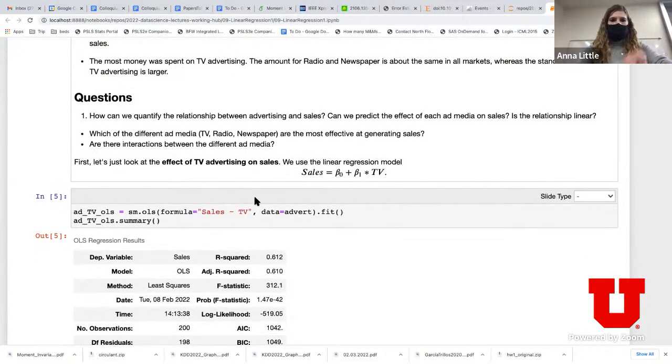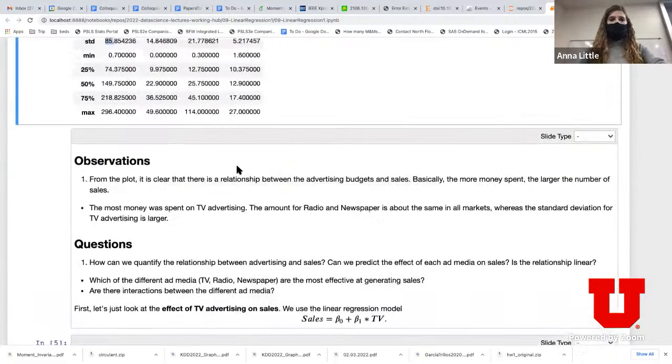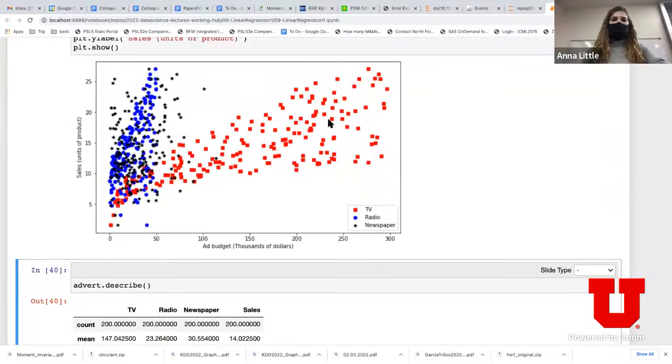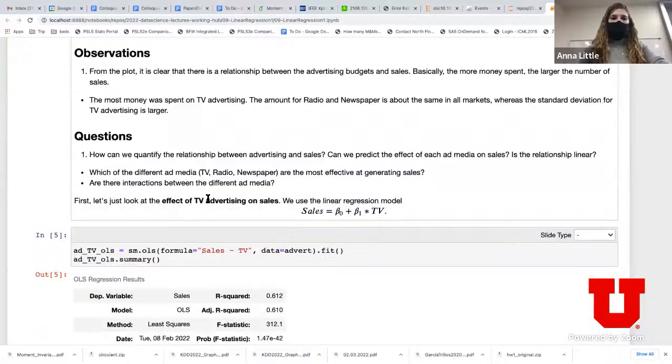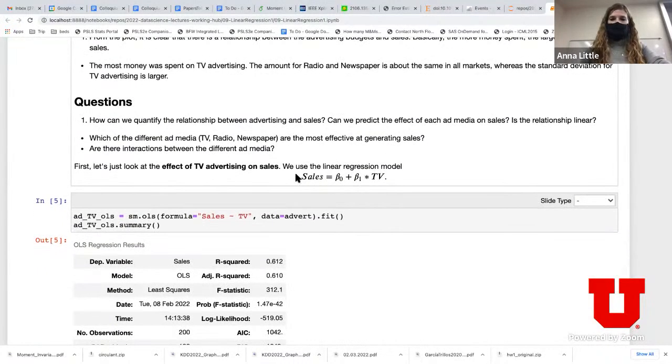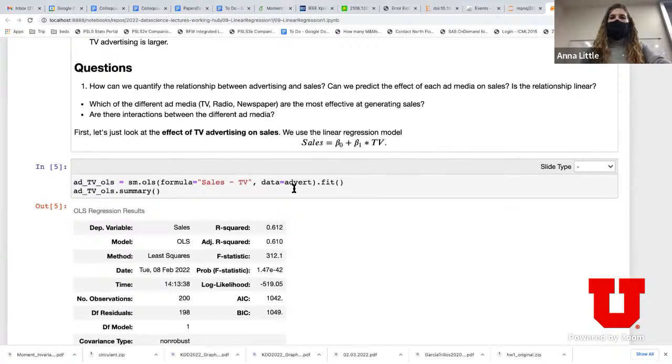But let's start, first of all, with the simplest model, which is just one explanatory variable and one response. And let's look at the effect of TV advertising on sales. That's the one where we pretty clearly see a strong linear pattern. Okay, so this is going to be our model that sales is a linear function of the amount of money spent on TV. And we can run this linear regression with the